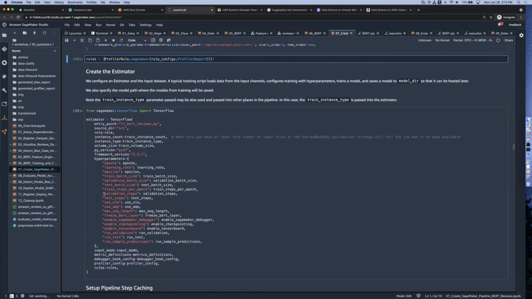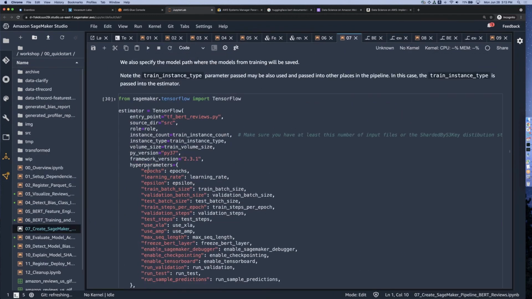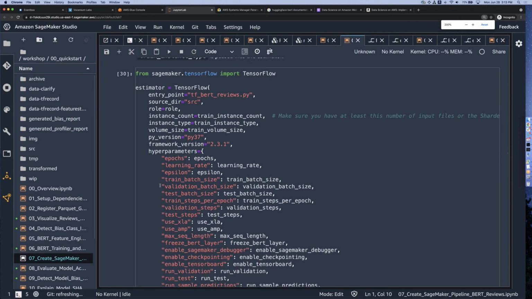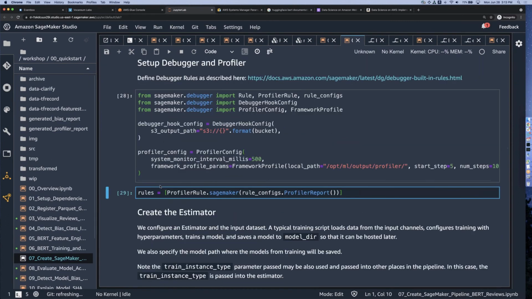Cool. That report will then tell you whether or not you're using the right instance size, or there's some hyperparameter that you might be able to tune better. So people use this often to tune which GPUs to use, which hyperparameters to use, batch sizes. Okay, so I also said that